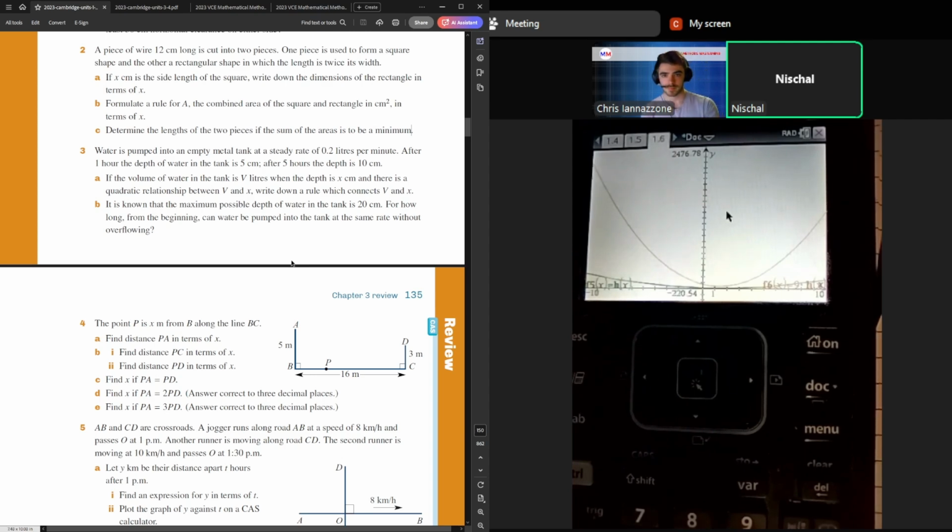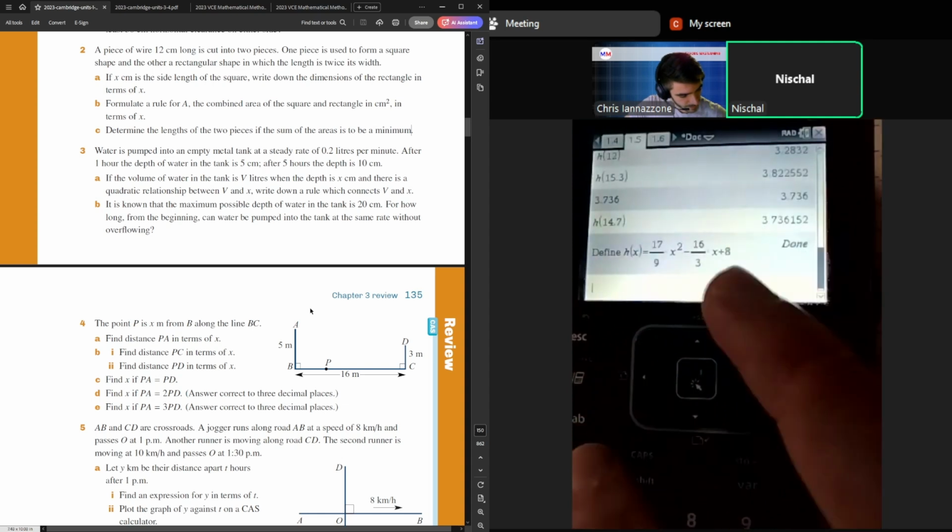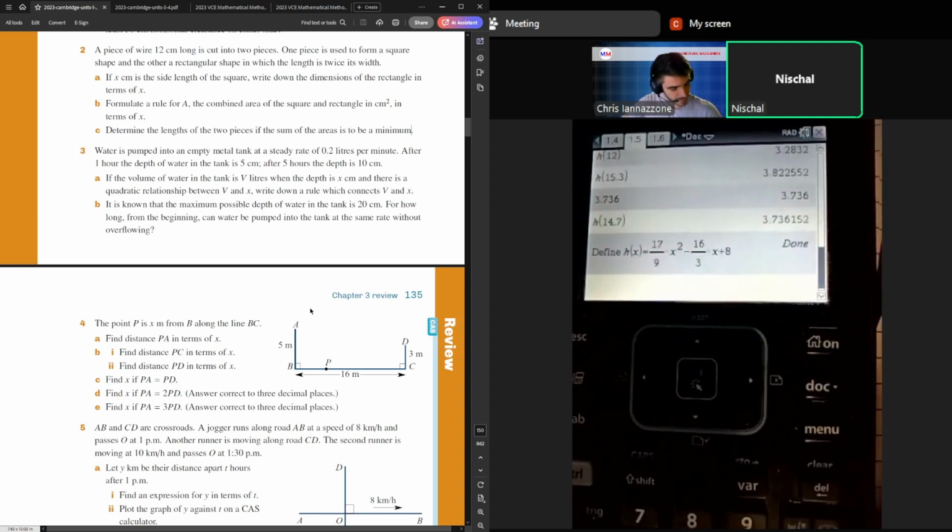Yeah, so I've just got the equation for area, the 72 plus 14 plus 17x squared minus 48x all over 9. Okay. So I'm just not fully sure how to assume the minimum area in this, because we could substitute x as 0, but then that would just mean the side of the square is 0, which means somehow